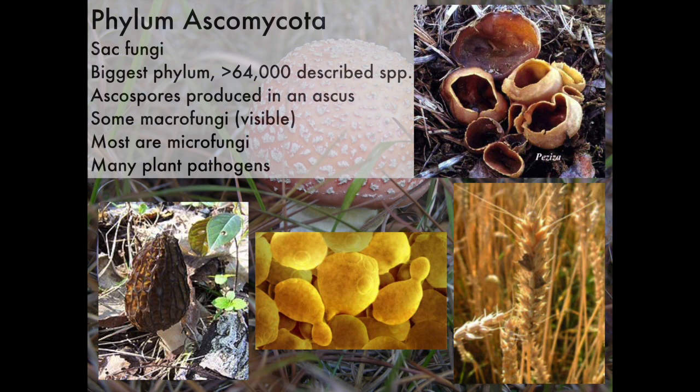You can see typical cup fungi like Pisiza here in the upper right. Morels are actually not a basidio mushroom, but they're an ascomycete in the lower left there. In the center, in the bottom there, those are yeasts, baker's yeast, Saccharomyces cerevisiae, which, as I've probably told you, is the same as brewer's yeast, same fungus, just whether we're exploiting it for its carbon dioxide production or its ethanol production. And then in the lower right there, that is Claviceps, which is growing on wheat, or on rye,